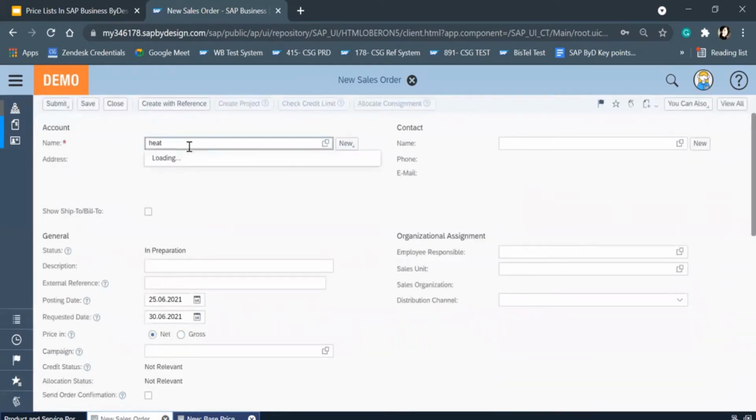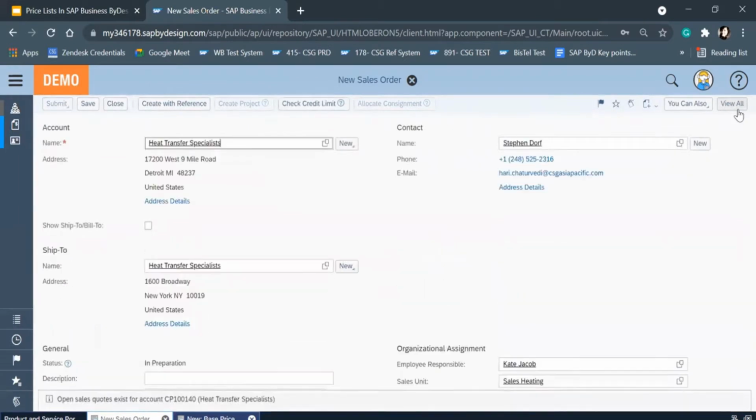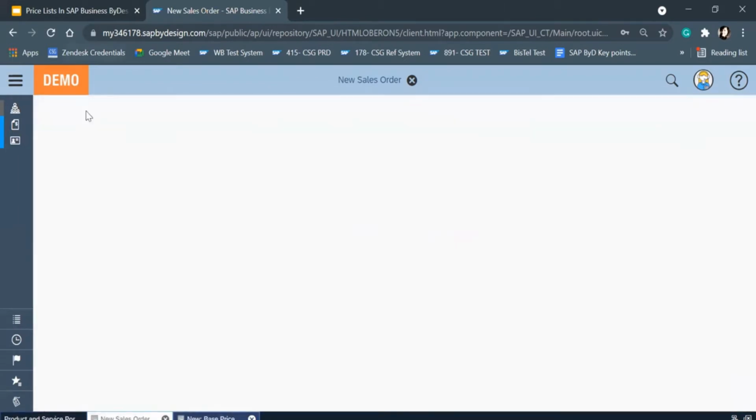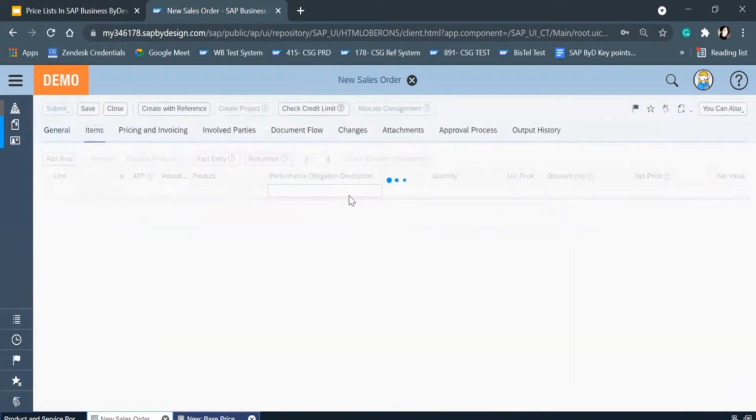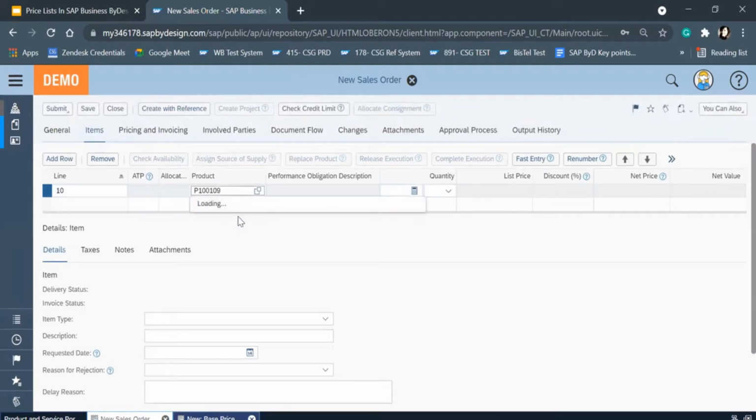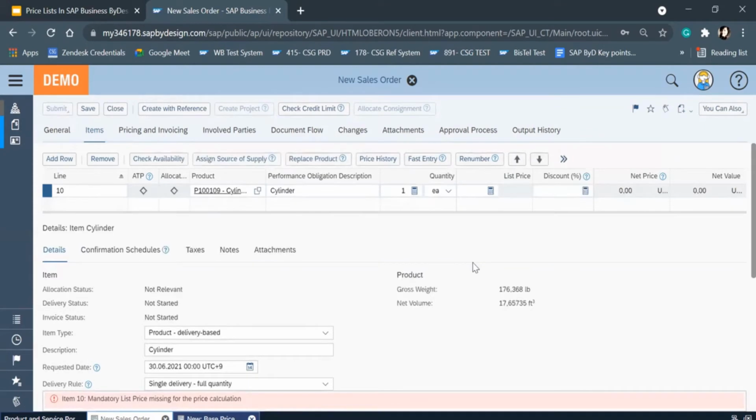We can take any customer here. Yeah. So most often whenever we create a sales document, there is an error message that the mandatory list price is missing for the price calculation. This is nothing but the price that we maintain in the system. So the list price is not here because we have not maintained anything for this product.